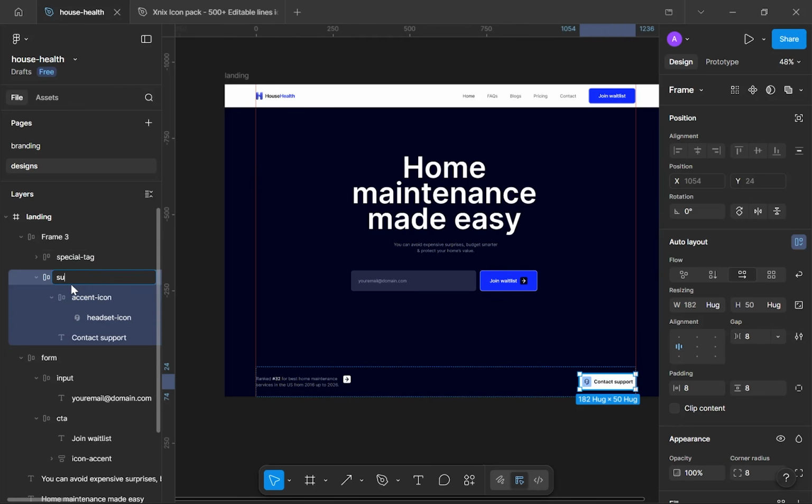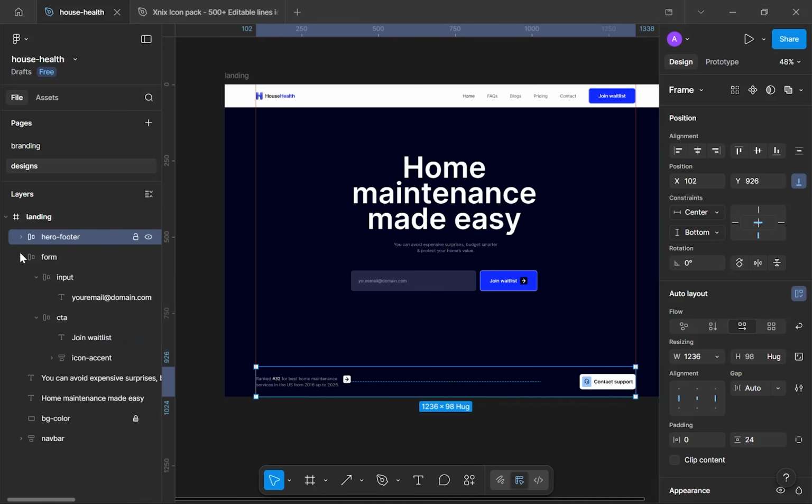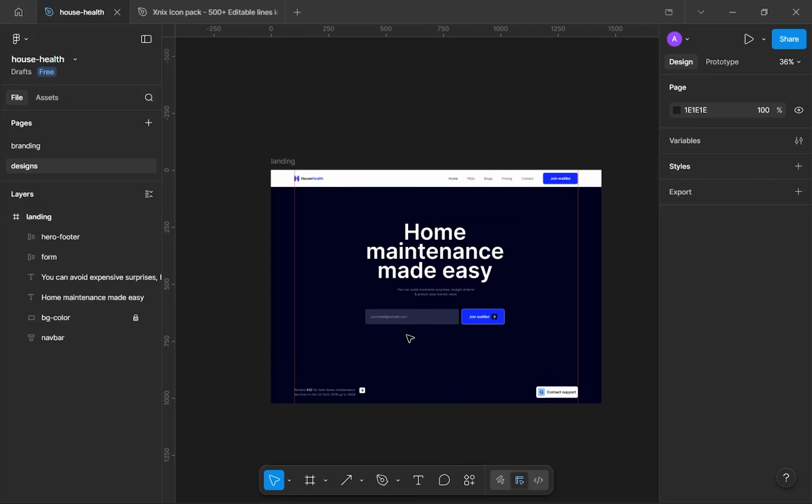This is support BTN. This is sort of the hero footer. You can call it that. Okay, very nice. So now I only want to add one more element, and it is going to be a